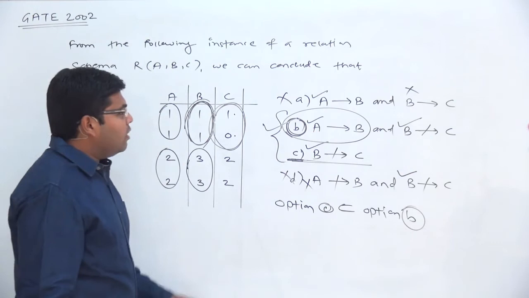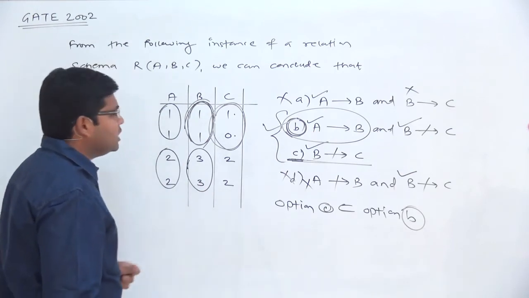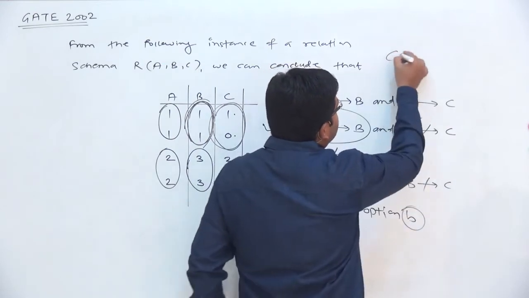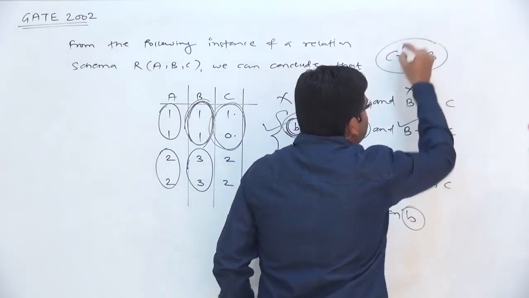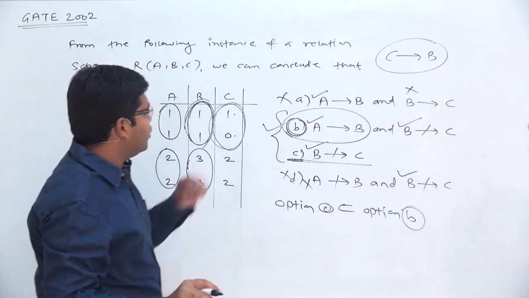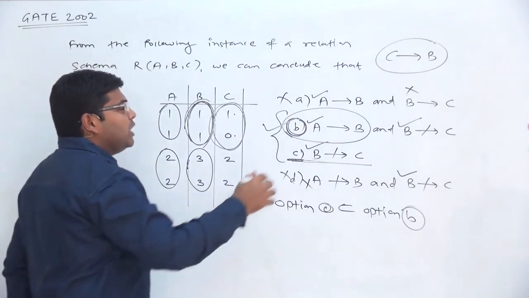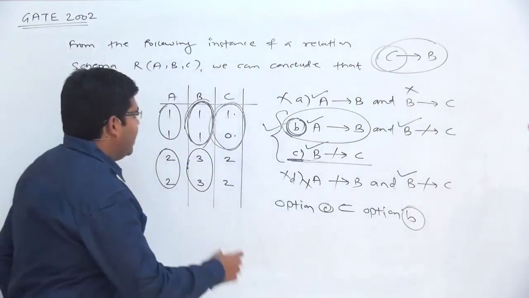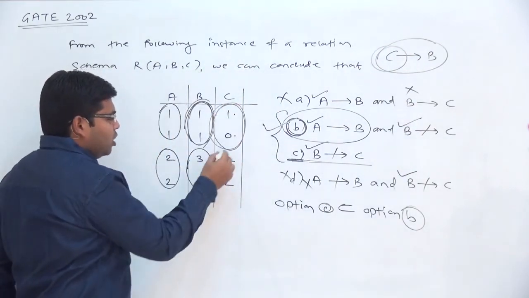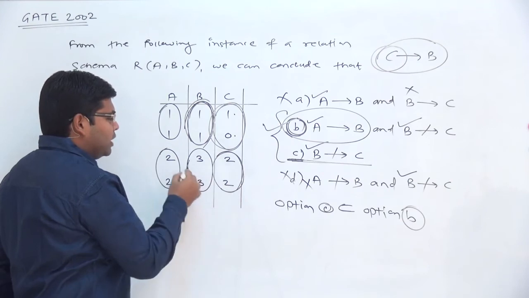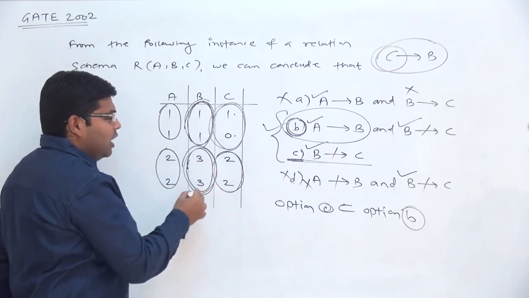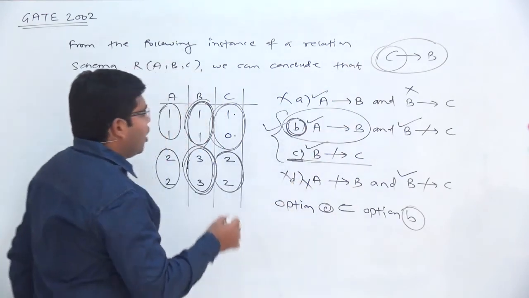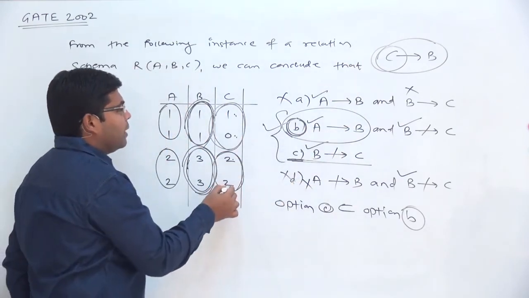Okay, and one more thing I would like to bring to your notice, that even if B does not give the value of C, let us check whether C gives the value of B or not. Just as an additional exercise, it is not part of the question, but we will check. Now see, when C gives B is under question, the left hand side will be C, and there is only one agreement on the left hand side which is 2, 2, but then there is also an agreement on the right hand side, and that's why the condition of FD is satisfied. And also from the value of C you can uniquely determine the value of B.